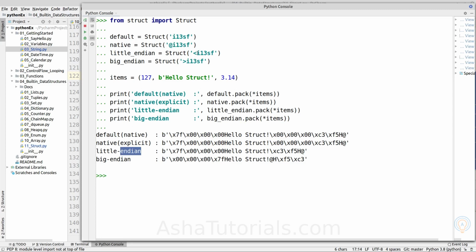Next one is little endian, and the last one is big endian, which will pad at the beginning, and little endian, as we can see, pads in between the elements.